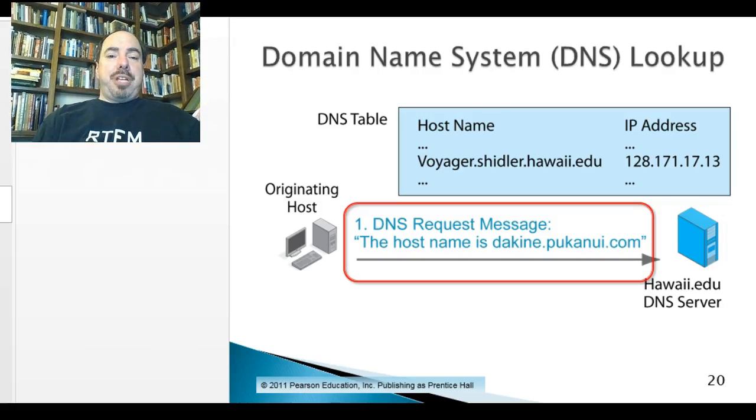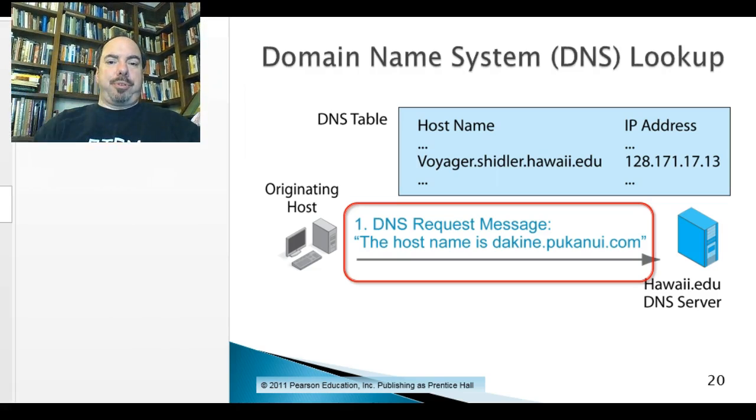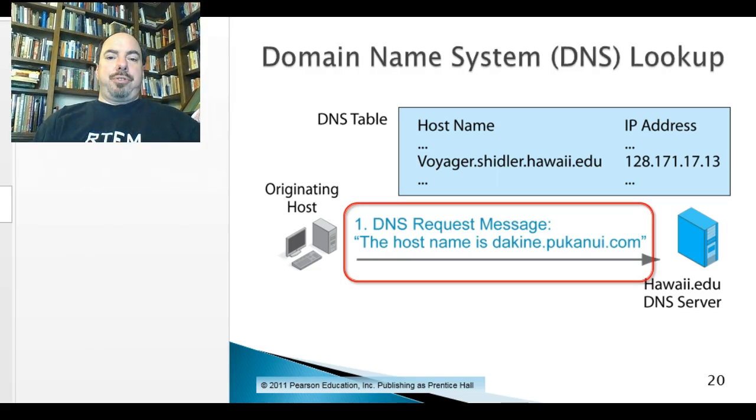Let's move on from DHCP to DNS. DNS, just like DHCP, is a great example of a client-server networked architecture, where the client makes a request and the server responds with a service. So DNS,